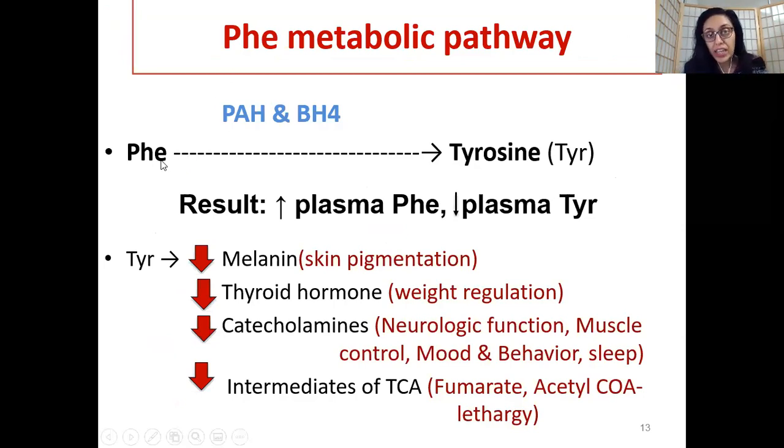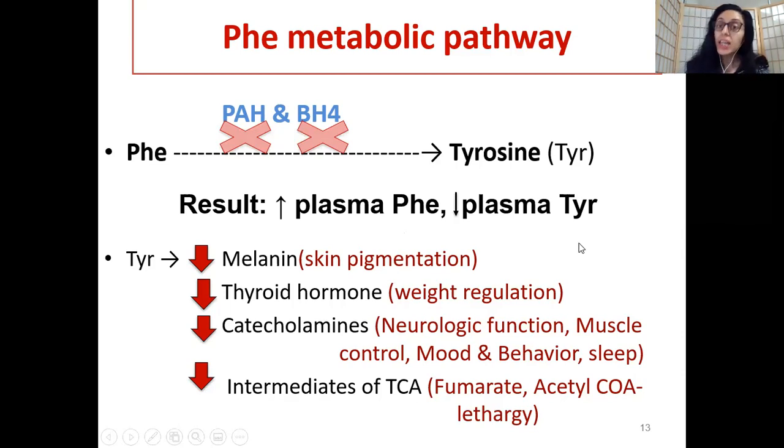You have phenylalanine, as I said, which is converted to tyrosine if you have sufficient amount of phenylalanine hydroxylase and tetrahydrobiopterin. But when you do not have phenylalanine hydroxylase and or tetrahydrobiopterin, then this conversion may not happen at all, or it may not happen to a sufficient level, meaning what is the end result? You have very, very high amount of phenylalanine floating in the blood, and you have less amount of tyrosine. And tyrosine is, as you can see in this condition, a conditionally essential amino acid.